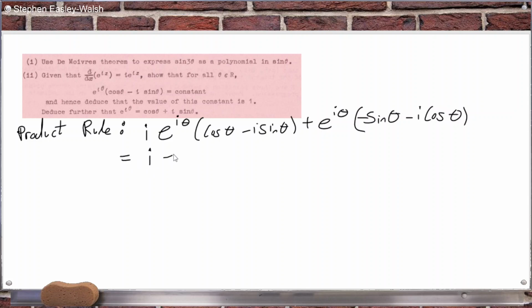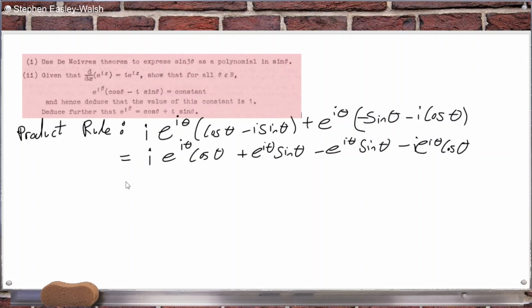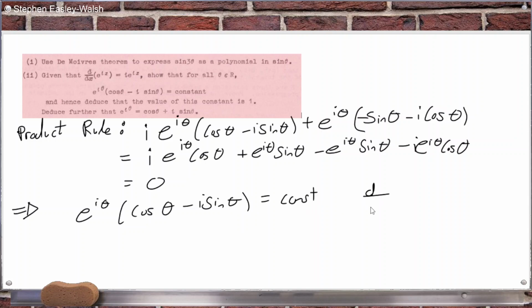Let's multiply this out. i e^(i theta) cos theta plus i by i is i squared, which is minus 1, so that's plus e^(i theta) sine theta minus e^(i theta) sine theta minus e^(i theta) times i times cos theta, and that's equal to 0, which then implies that e^(i theta) times cos theta minus i sine theta equals a constant,